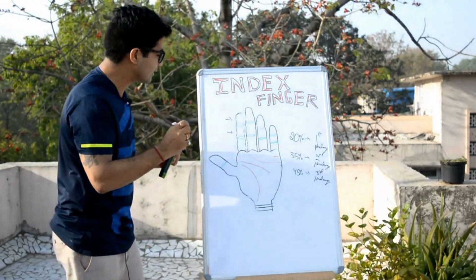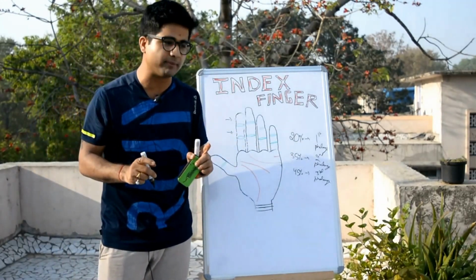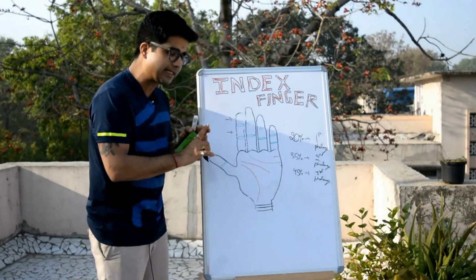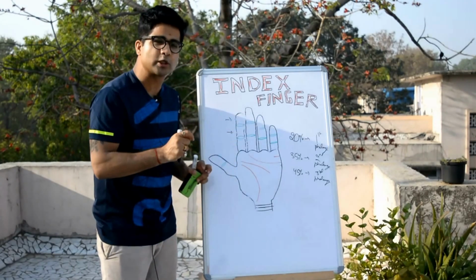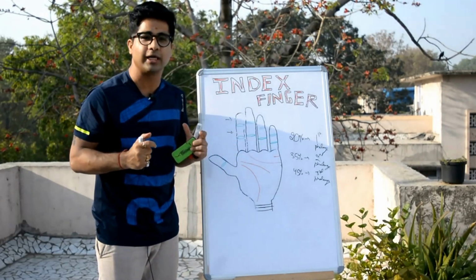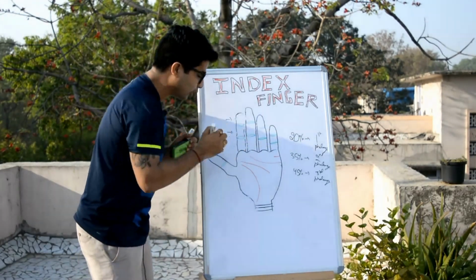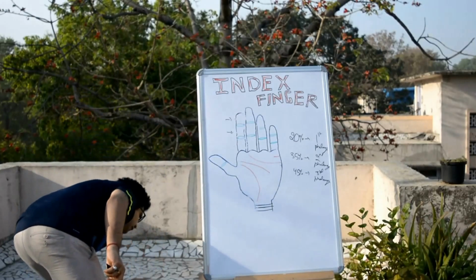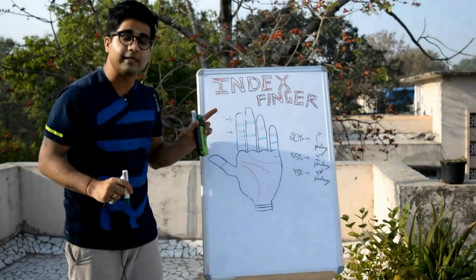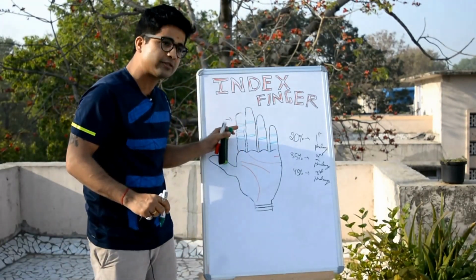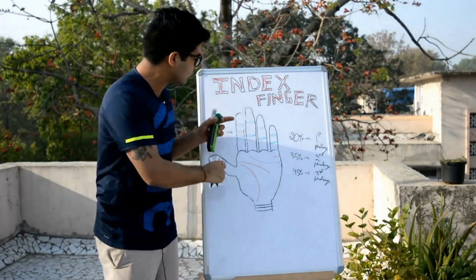Now we also need to discuss the knots. There is one thing which you need to know and which is very important in palmistry, that every finger releases energy. The index finger is responsible for releasing the energy of knowledge and education in our life. So in case you find an extra knot in someone's hand, this is never considered good, because the presence of an extra knot hinders the energy and the traits associated with that particular finger.